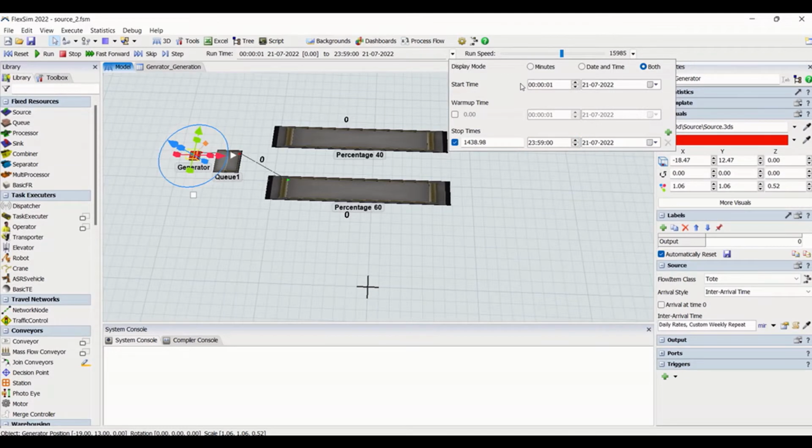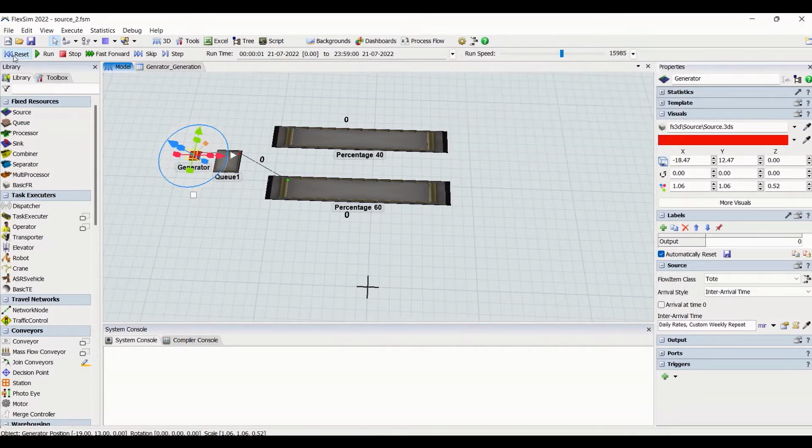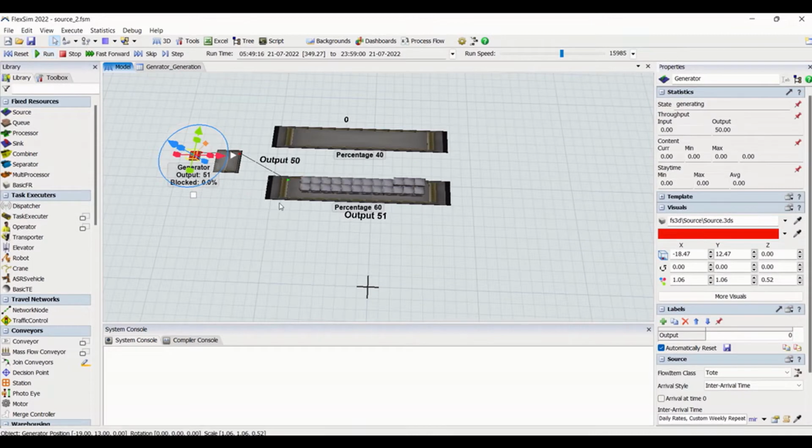We have changed the start time, so it is from the first minute of Thursday, which is 1 minute lesser than 12 p.m. of Thursday. So we have considered 24 hours of Thursday. If you reset and run this model, we are going to get